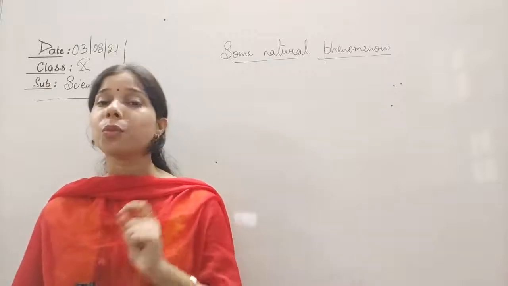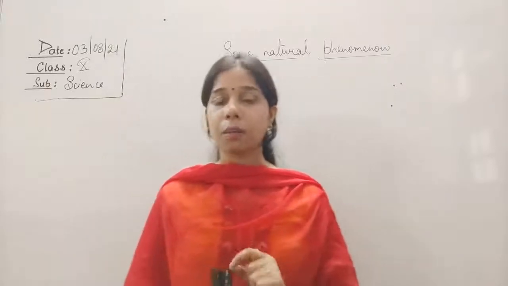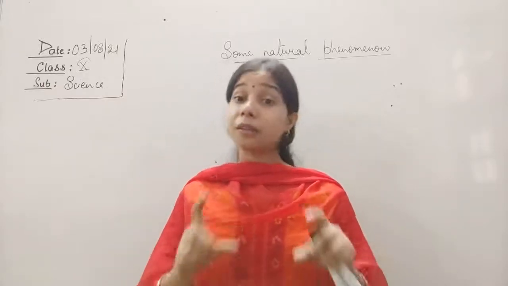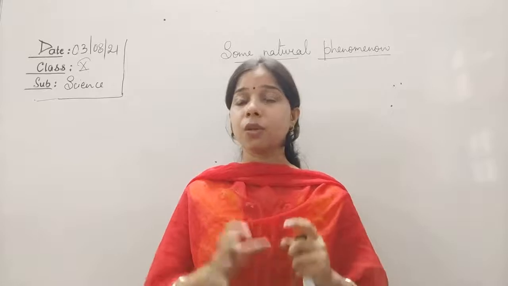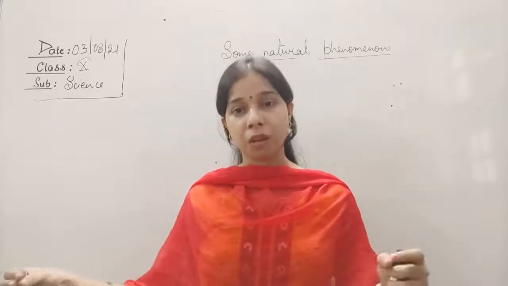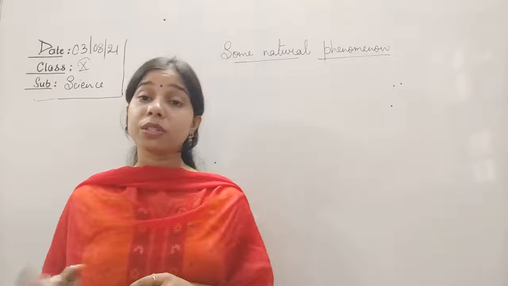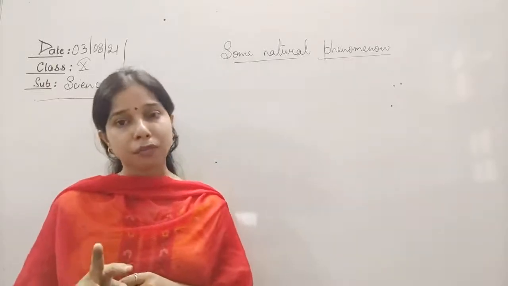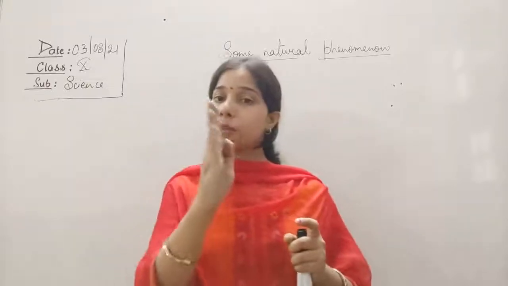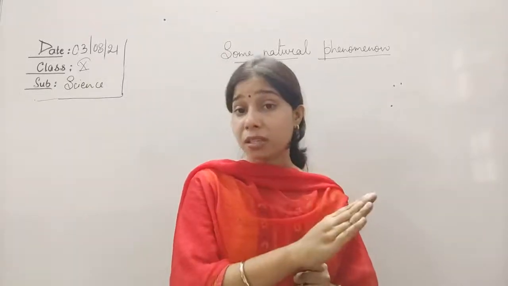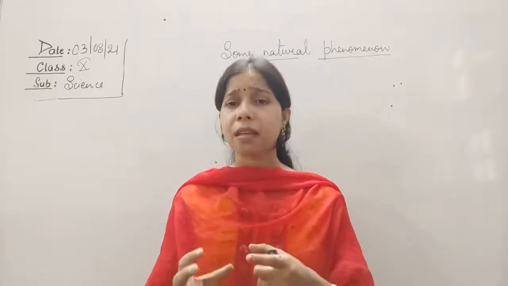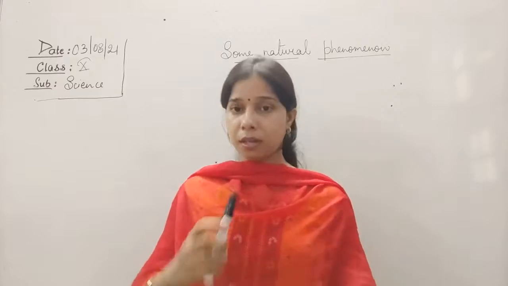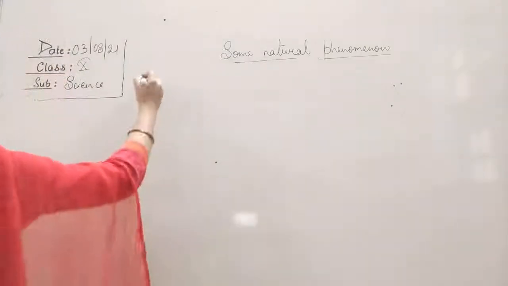Here the question was, why do the stars twinkle? The stars twinkle because the Earth's atmosphere is composed of a lot of different layers, consisting of gases. The gases are mobile, they keep moving, due to which the density varies, and as the density varies, the refraction also occurs in a different way. Finally, the apparent position of the star keeps changing continuously, and this happens so fast that it seems the star is twinkling. Okay, so let me write here a few things about the twinkling of the star.